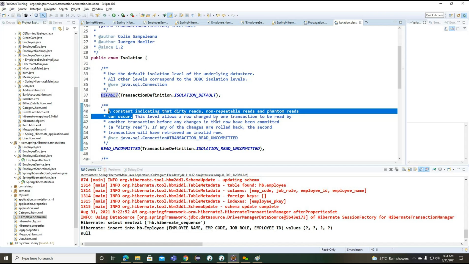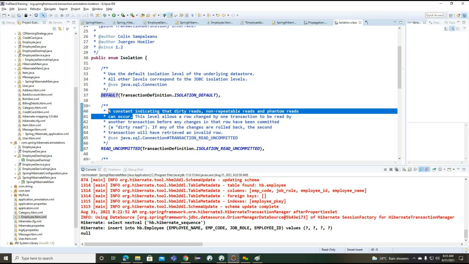And how does the phantom read occur? Phantom read is also similar to the non-repeatable read, but here transaction T1 reads several rows of a particular table, and transaction 2 is inserting several rows. Whatever rows transaction 2 inserted, transaction 1 is trying to read.